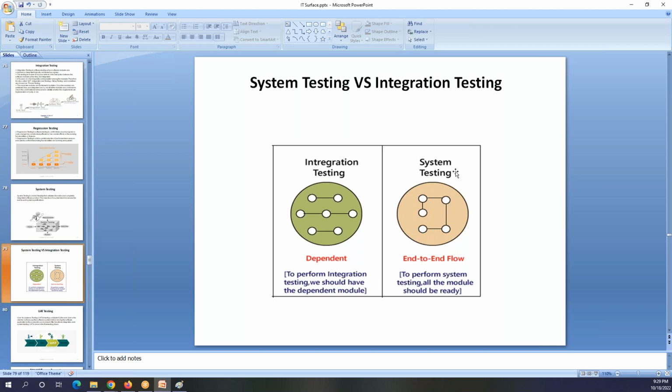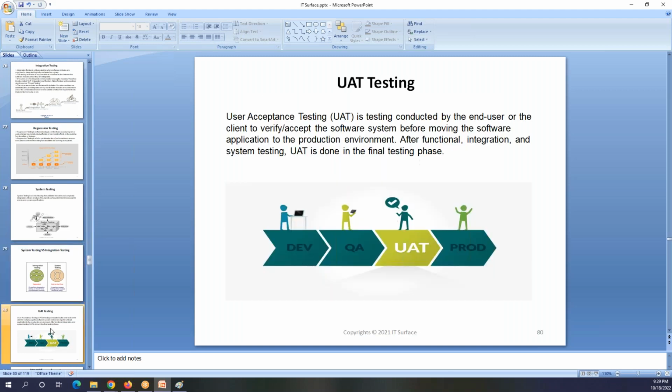I have one more slide on end-to-end testing, so I will show you later. UAT testing is after the development is done and after the QA testing is done, someone does the testing again, and the people who do that are the product owner or business analyst. They do it in a place called UAT. After that is passed, it goes to the real user.